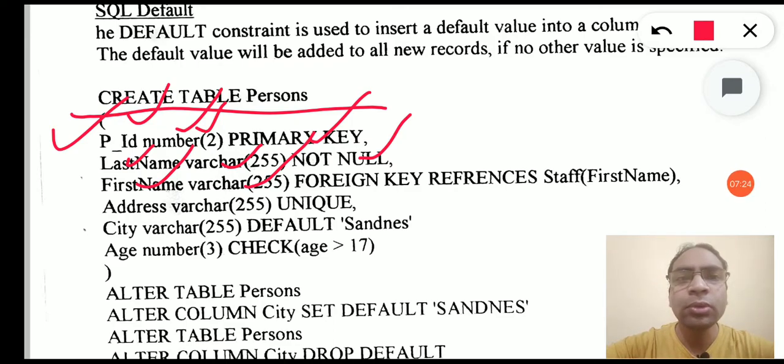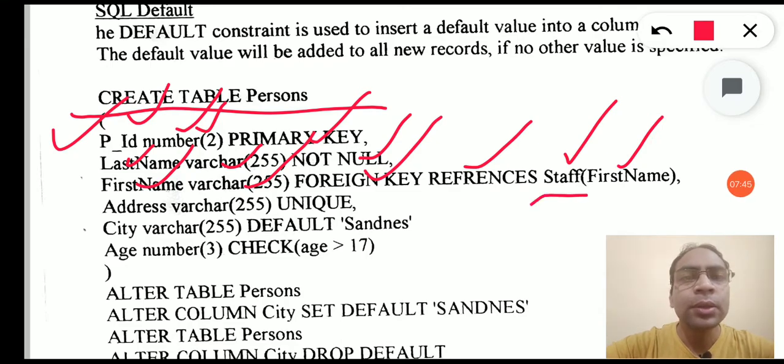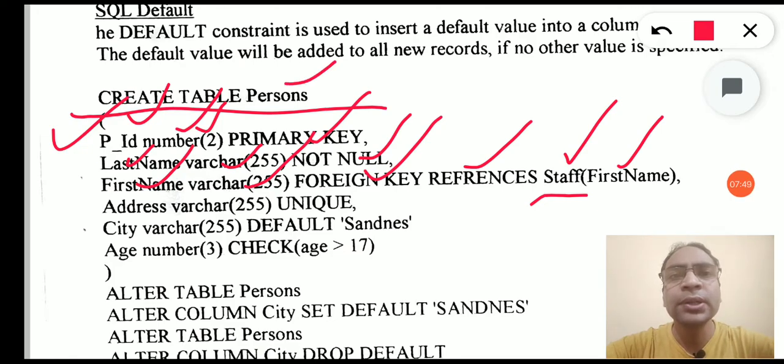After that, the first name column with the varchar data type and 255 maximum character limit, we wanted to refer this column to some other table staff with the column name first name, so we'll write foreign key. So this is the constraint, and we'll use the keyword references. After the keyword we will write the name of the table, and within the brackets we'll write the name of the field inside that table. So we want to refer the first name of our person table to the first name of the staff table.